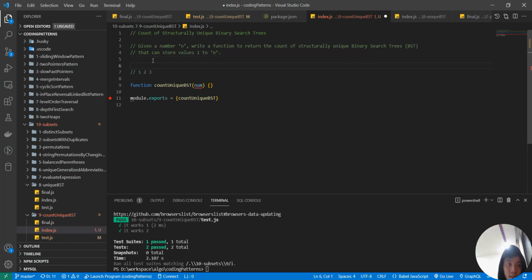So for example, n equal to 3. What are the structurally unique binary search trees? Because n equals 3, in one specific tree it must contain all the nodes from 1 to 3, right? So in order to find or to count all the unique binary search trees from this number, we could